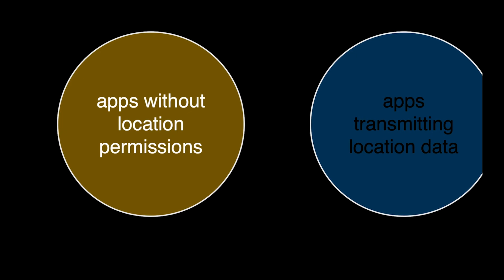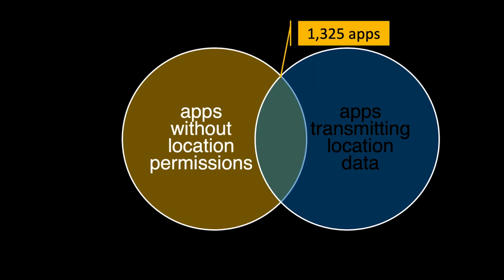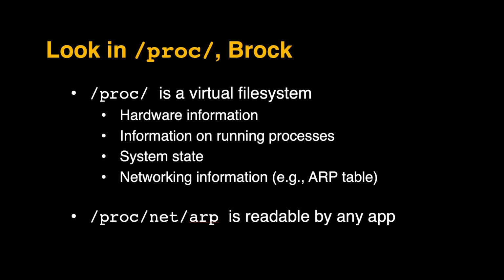So here's a look at how that might work. We have a set of apps that don't have the location permission, and then we have a set of apps that are transmitting location data. One would reasonably expect these to be disjoint sets, but in fact, in our research, we found that this wasn't the case. We specifically found over 1,000 apps that were transmitting fine-grained location data without the permission to actually access it. And we found several different explanations for this, but one was lots of side channels that were actively being